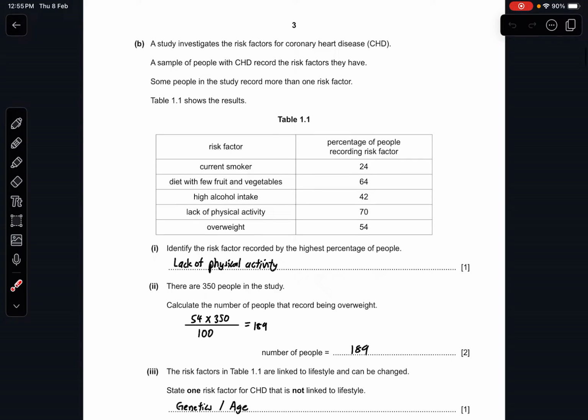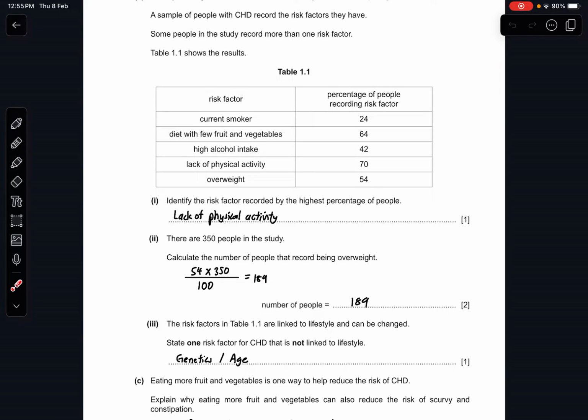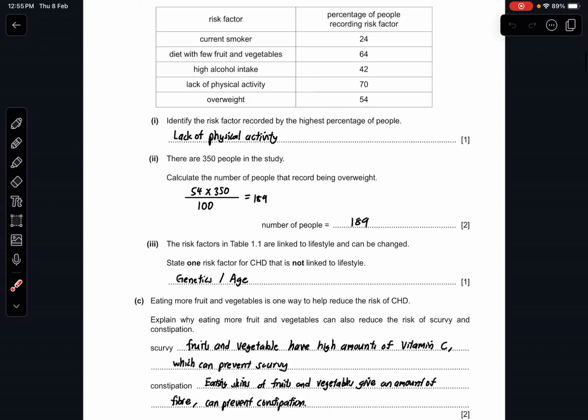Part 2, there are 350 people in the study. Calculate the number of people that record being overweight. So there's 54 times 350 divided by 100 to get 189 people. So this is just mathematics. Part 3, the risk factors in table 1.1 are linked to lifestyle that can be changed, but state one risk factor for CHD that is not linked with lifestyle. There are a lot of answers to this, but I give 2: